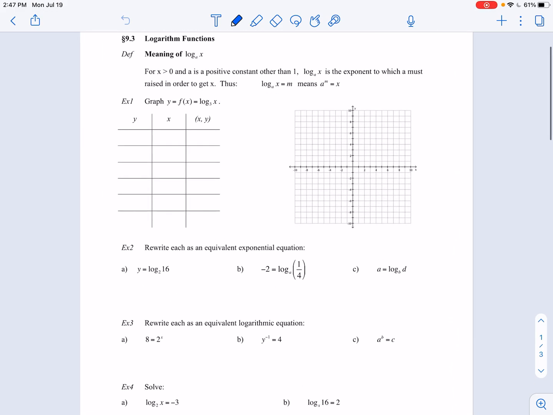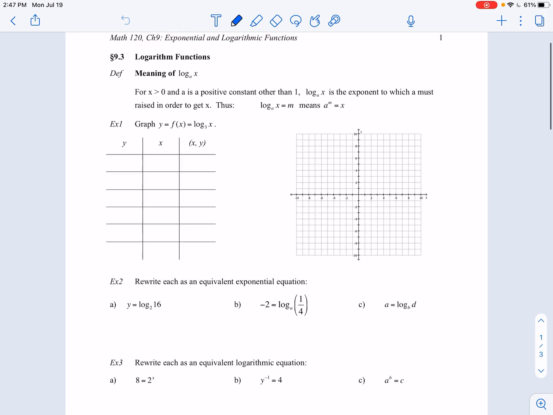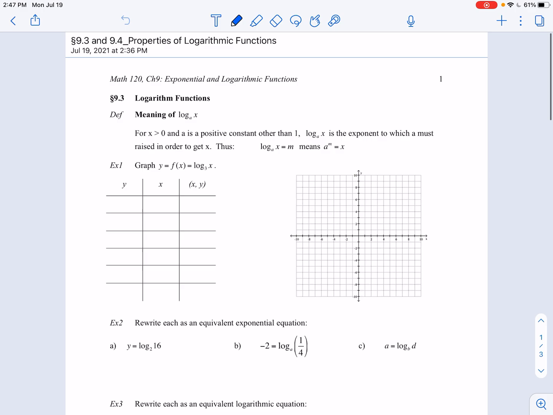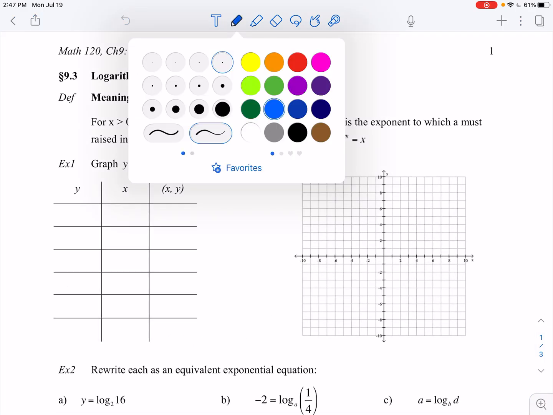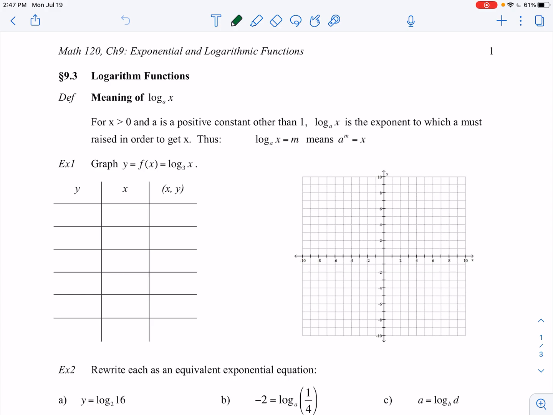Alright guys, welcome back. We'll be discussing logarithm functions in this video. But before we get into that, let's start by seeing if we understand what log is, in terms of the notation and in terms of what it means. So when you do see